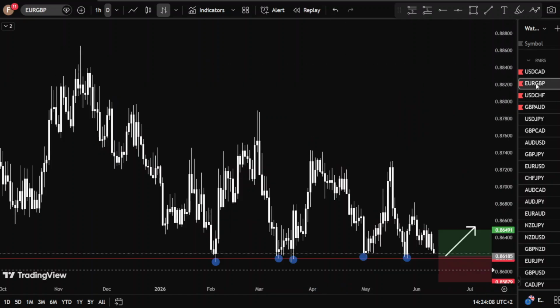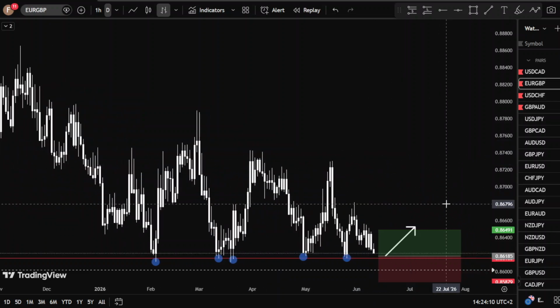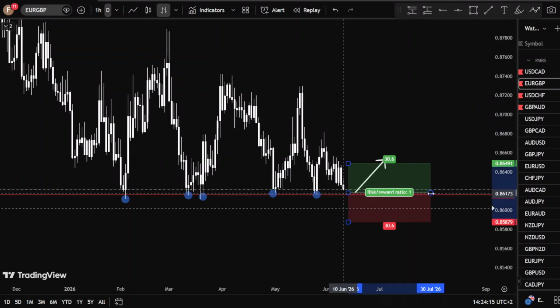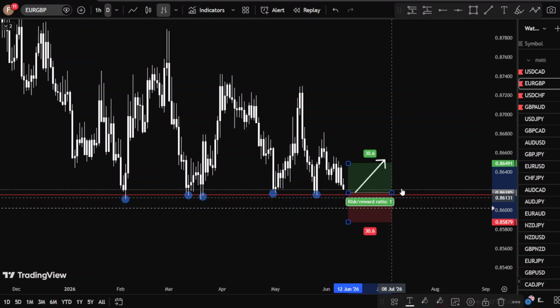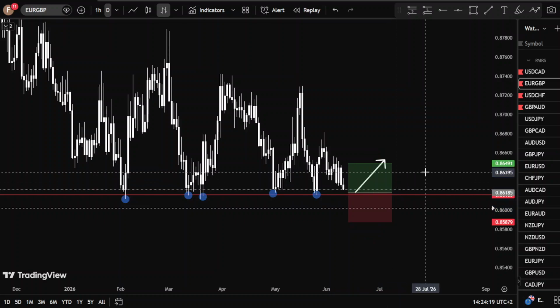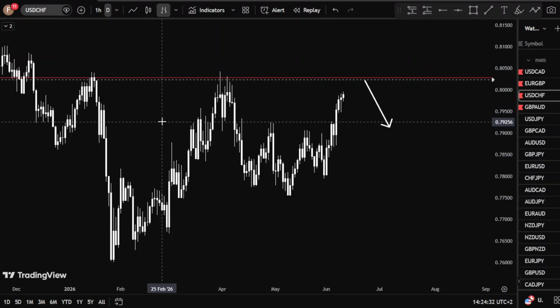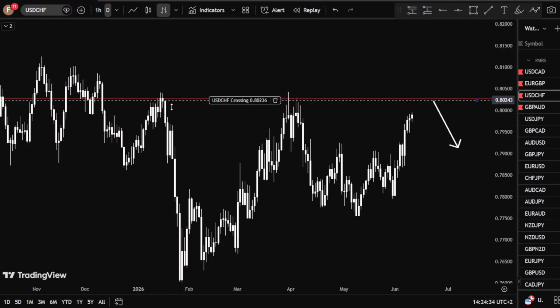Euro GBP, I would probably risk 10% of my account. Personally, I would do it. You should not take any financial advice from me. But just for the quality of setup, I would take 10% risk on my account. But yeah, USD CHF is a little bit, it's still a good setup, but